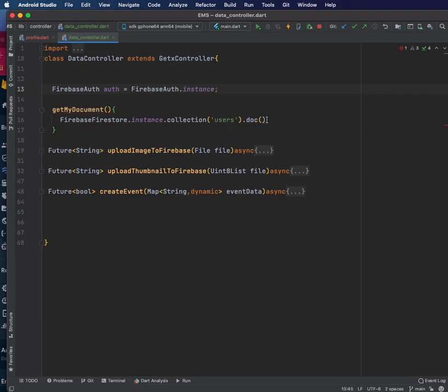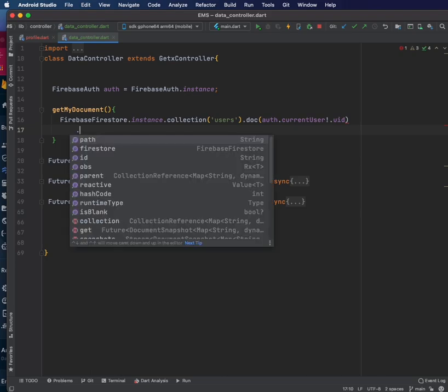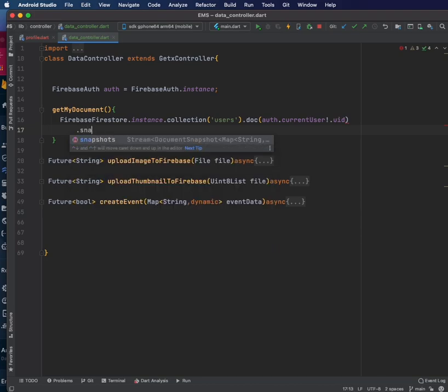and we have to call auth.currentUser and .uid. So we will be getting the document of the current login user, and then we have two methods. We can call snapshots, which gives us the stream of document snapshots. This means it will give us the live data. Suppose if anyone updates their profile, we will be able to get the changes in real time. Another way is by using a get method. Get method is returning a future of document snapshot, so it will not let us know about the changes. So let's use snapshots,